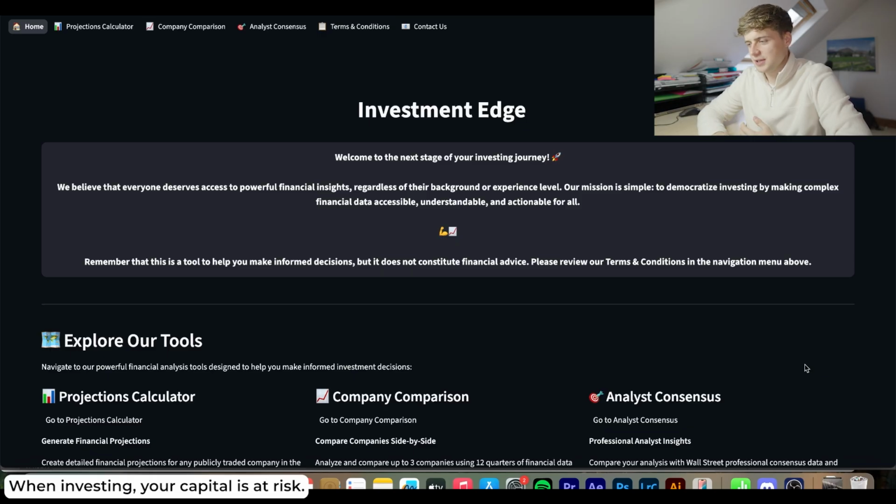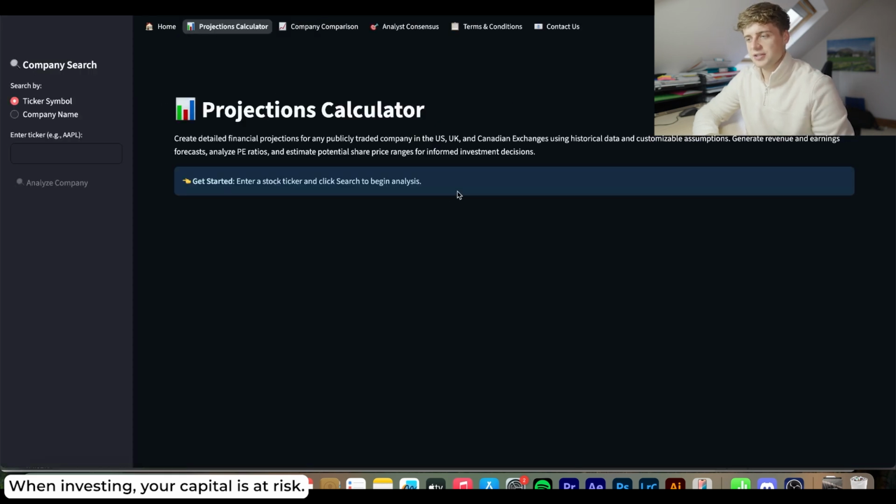So this is it, Investment Edge. This is what we've called it, and we've tried to make it where you can learn and understand certain situations of what's actually going on, so you'll be able to click and see what you're actually doing. But the first one is the main one, what we built it around, and this is what I wanted to share in my videos, to share where potentially the stock could go. Obviously this is not financial advice, this is just a tool to help you guys, especially when companies give out guidance or revenues or any data that you can go off, and then you can start putting it in the projections calculator.